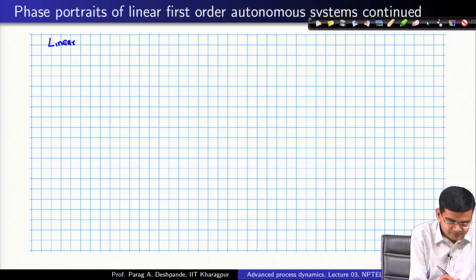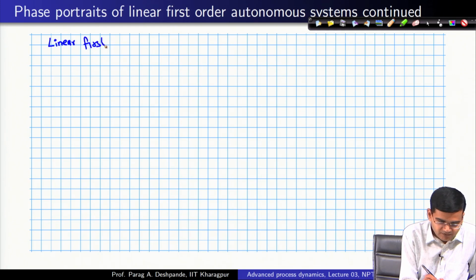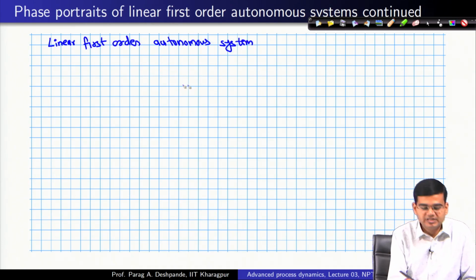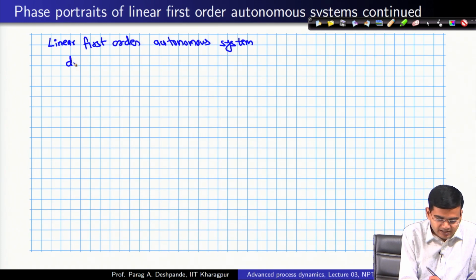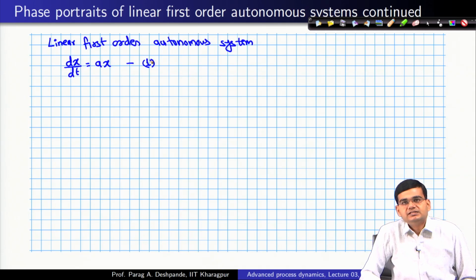Linear first order autonomous system. The simplest example for this would be dx by dt is equal to a x, and we saw that in fact for a liquid level problem, this is one of